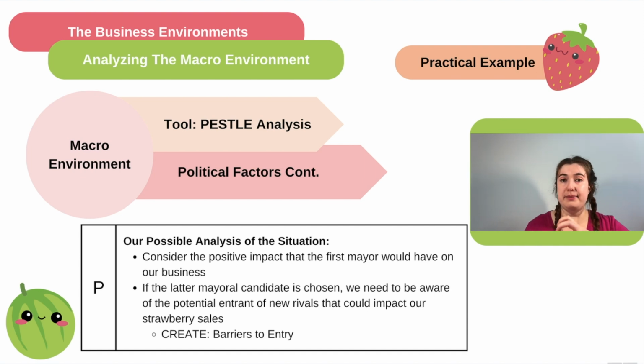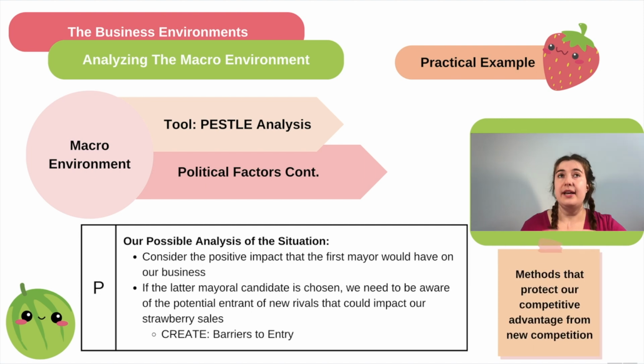So that could be a really big issue for us, and that's why we need to create these things called barriers to entry. I'll get into this more as we keep going, but for now, let's just define that our barriers to entry are those methods that we use to protect our competitive advantage from new competitors. These can be things like networking with our customers and building that reputation so they can trust us straight away. Even when another business walks in, they'll be like, oh no, but I like the taste of this one, I'm not going to go and taste those strawberries. You get what I'm trying to say? It can be government policies or even community policies. Things like that can really impact how we are able to protect our brand and our product